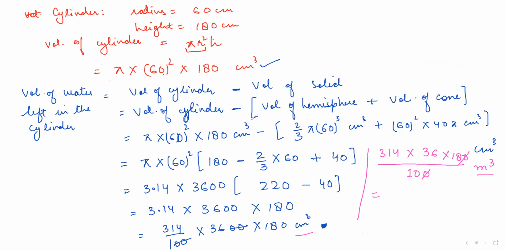So pi into 60 whole square into 180, that is right, minus 2 by 3 pi into 60 whole cube, that is right, plus 60 into 40, that is right. So I have pi into 60 whole square, then here I have 180 and minus,